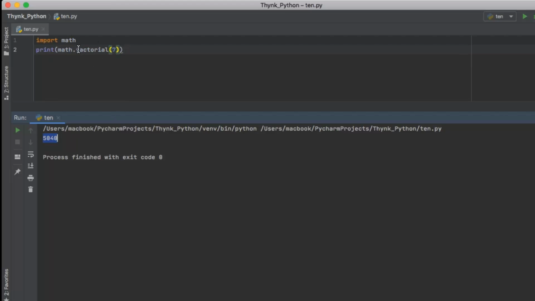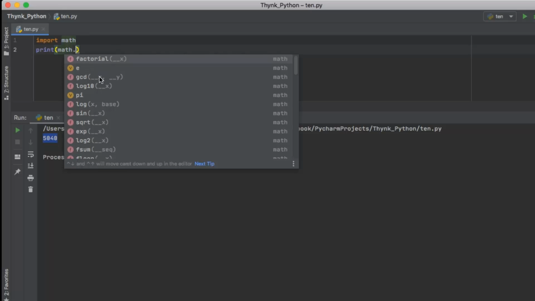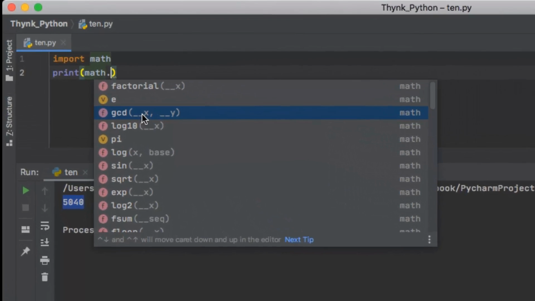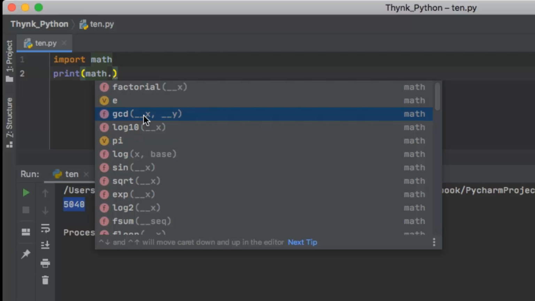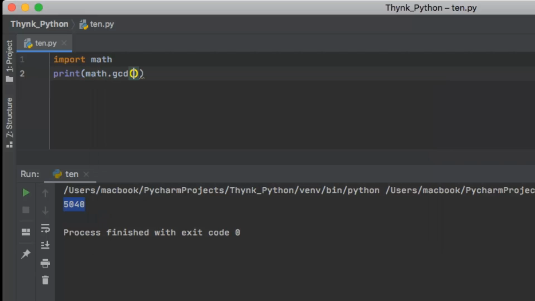Now next, let me delete this for a moment and let's try another math function. So dot. You can find GCD also. GCD is the greatest common divisor. This is covered in middle school mathematics, so 8th and 9th class students must be learning what GCD is. GCD is always of 2 or more numbers. So I'll enter 2 numbers here. I'll say GCD of 24 and maybe 42, right? And I run the code, right? So the GCD of 24 and 42 is 6.